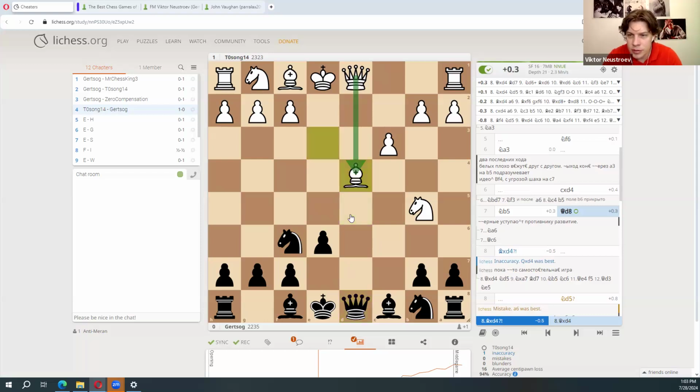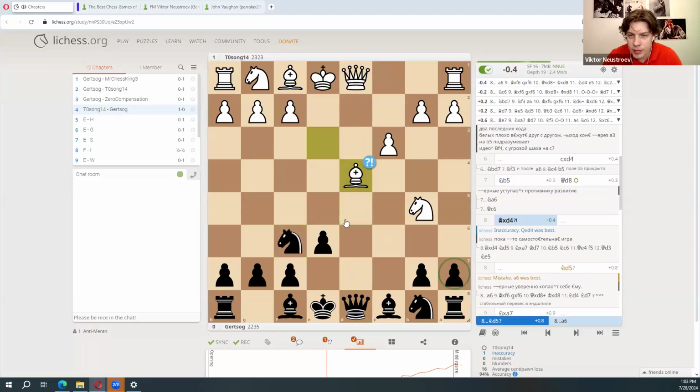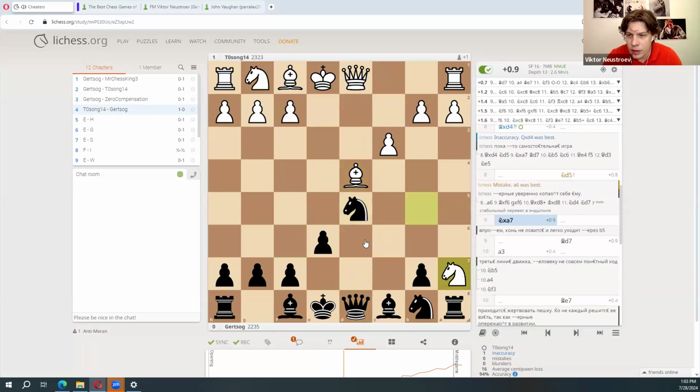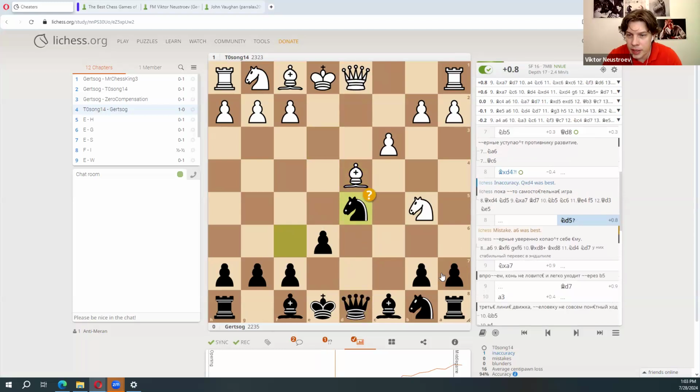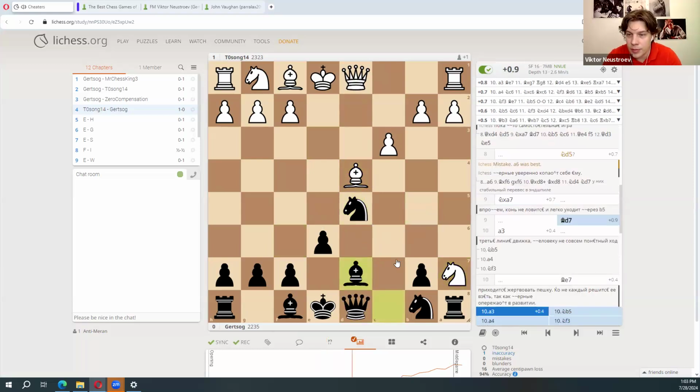But he takes with the bishop. It looks like he plays himself. Then I play knight d5. Yeah, well, it was better to chase him away. I play knight d5 to protect this. I don't know what for. Okay, now he takes the pawn. Again, it's the best move. He could take it with the bishop, with the knight, but with the knight is better, and he uses the engine here. Well, I try to stop him coming back.